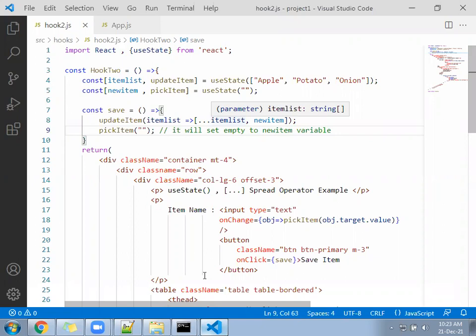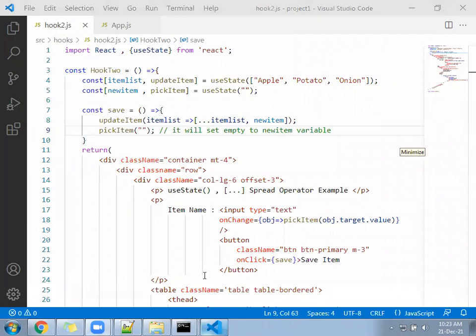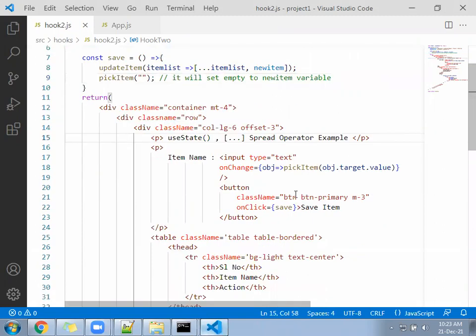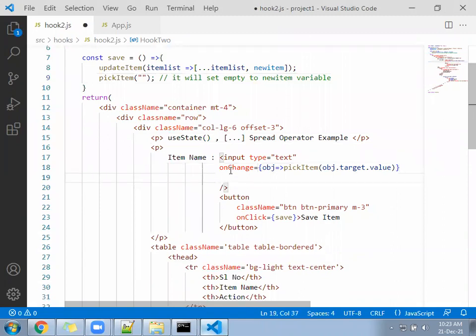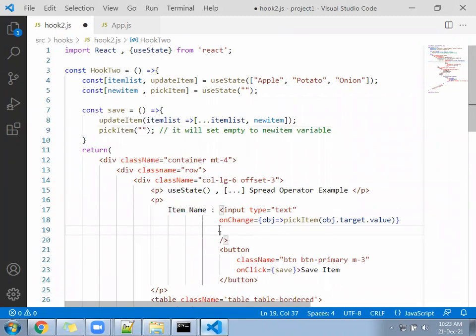Okay, ready? And after that, come down. Three dots is called a spread operator. Earlier, what did you use? You used the concat function. The concat function is one option. The spread operator is another option. Three dots is called a spread operator.